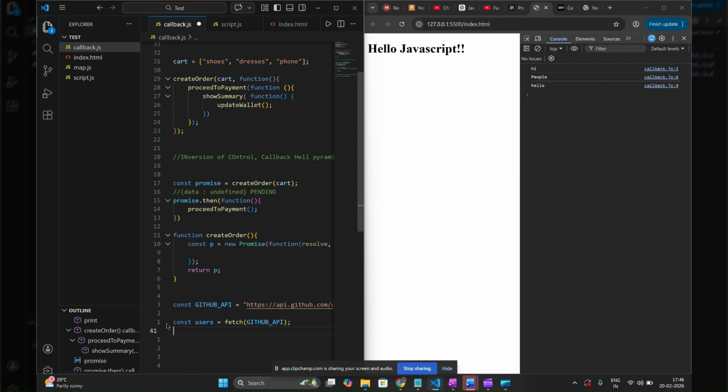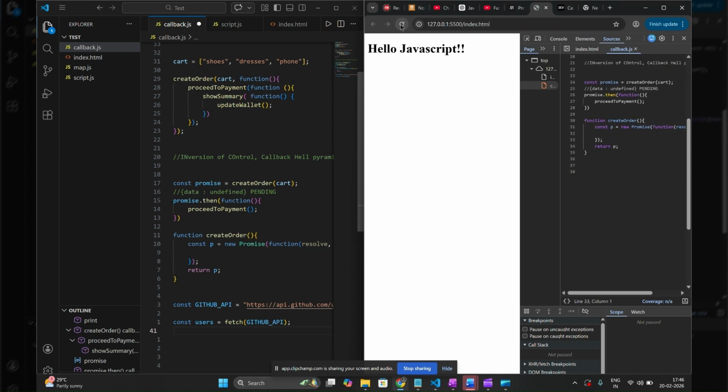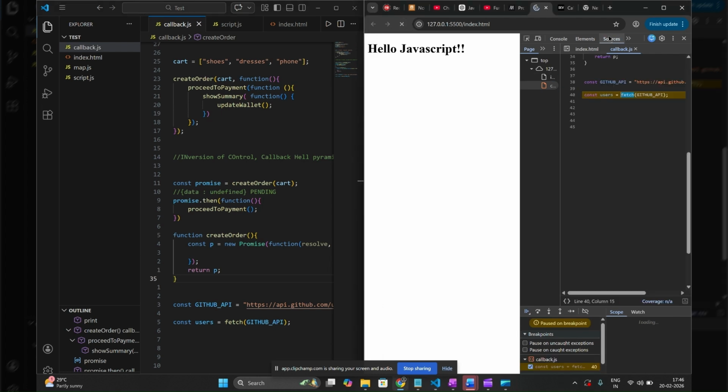Now we'll put a debugger here, in Sources. Did we save it? Okay, fetch. I'll put a debugger here. Now refresh it. See, promise is there, and it is in the state of pending because data is not yet received. Okay, now if I run it,